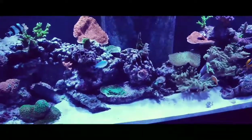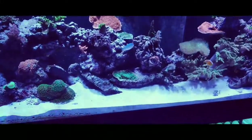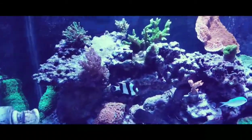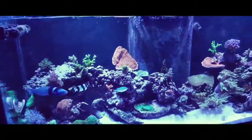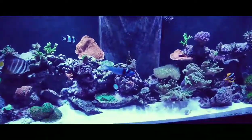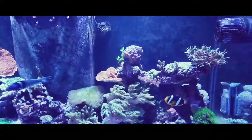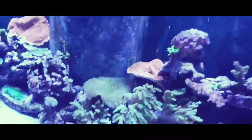So, another thing that's been going on. So I've moved a couple things around. I lost the blue-eyed coral tang, which, when I got the fish, after a couple days, it had ick, and it just didn't survive. And I knew I had ick in this tank, so